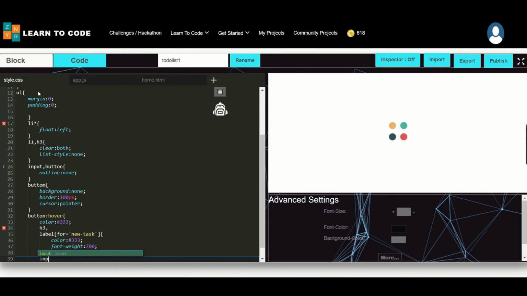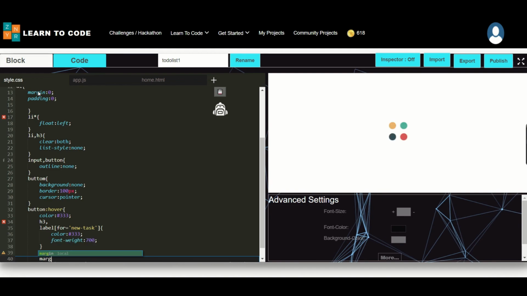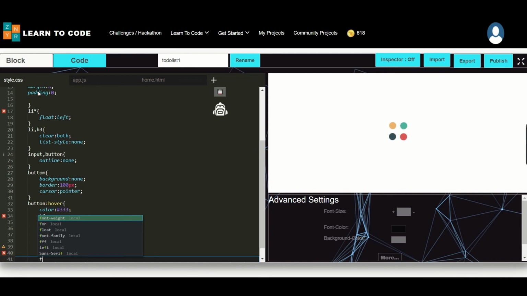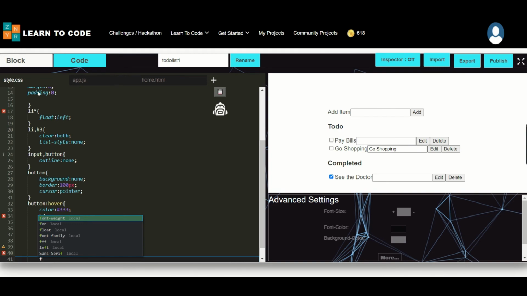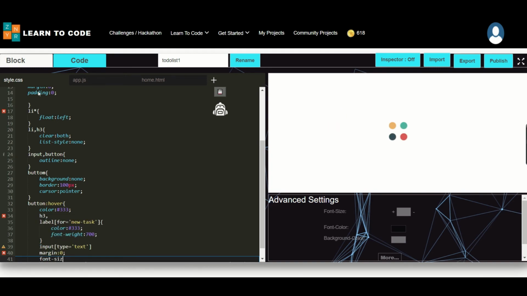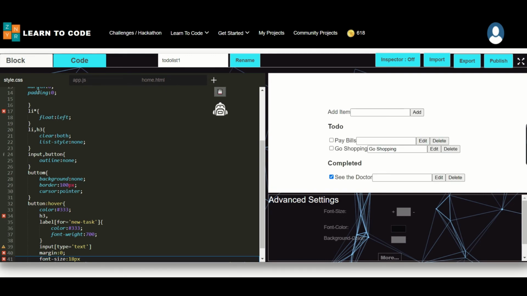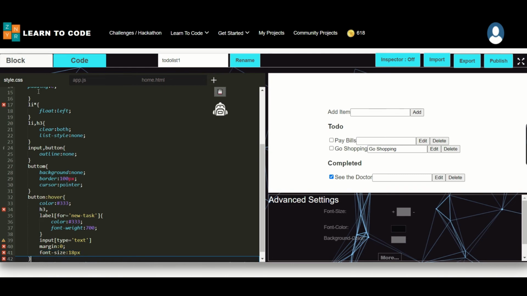Again I'm processing the input type, which is equivalent to text. For this also I'm making the margin as 0 and font size as 18 pixel. In this also you can set the background color, font family and color based on your wish. So next I'm going to make it